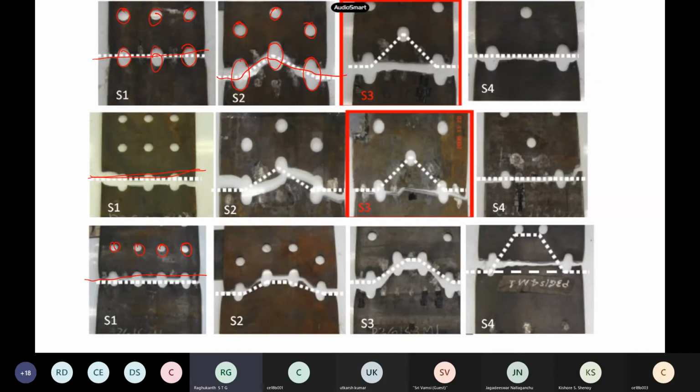But when there is staggered bolting, here also it is like this. Here you see 4 bolts are there. See, now it has failed like this actually. Like an arch kind of thing, you can see the failure. Here also you can see it has failed. In some cases it was supposed to fail like this, but it has failed like this only. You can see here clearly.